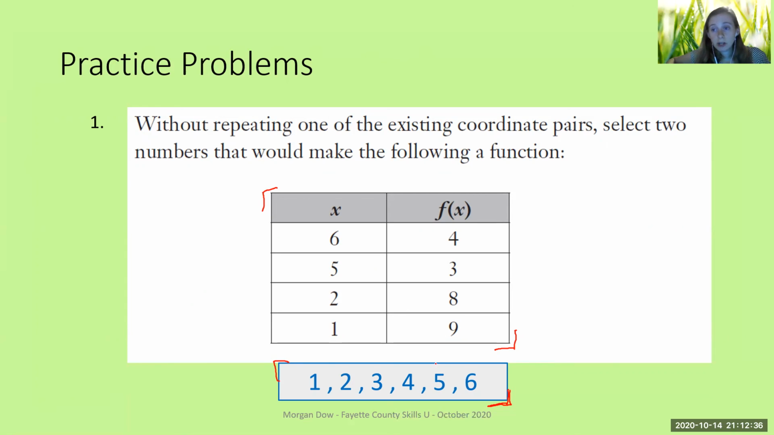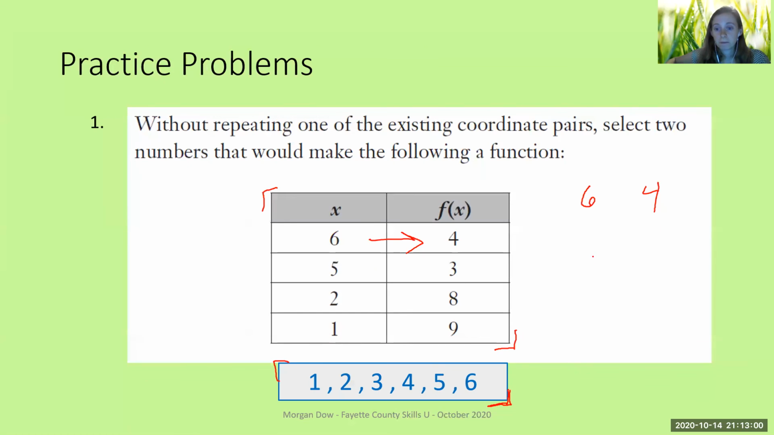So there's lots of different correct answers to this problem. I'll give you a few correct answers. You could actually choose 6 and 4. If you put 6 and 4 down at the bottom here, that would be fine because 6 goes with